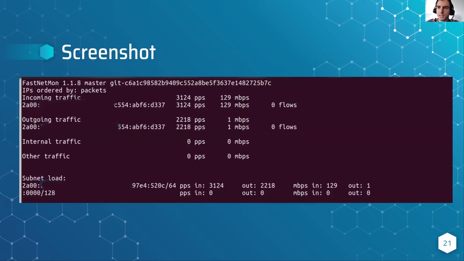And this one is just how it looks from the command line, because it's the main way you can monitor FastNetMon from the command line. Of course, we have support for InfluxDB, Grafana, many different ways to export traffic information, but this one is the main one. This is my home connection from British Telecom, and I'm very happy to have IPv6 at my home because it helps a lot with testing, because sometimes it's complicated to find real IPv6 traffic.